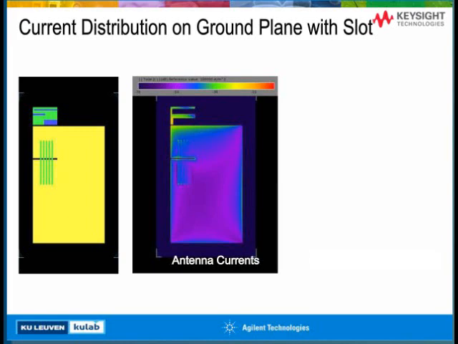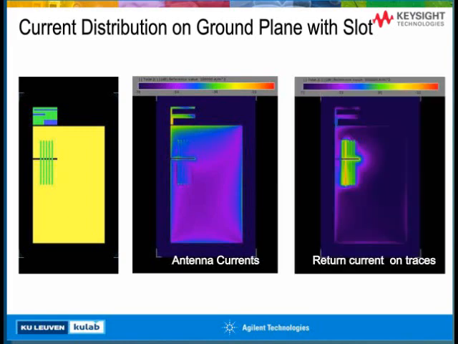But that's not the only thing. The second thing that happens is that the return currents of the interconnects also change, and that they are also pushed much more inwards to the ground plane and spread more over the ground plane. So again, what we do here in the picture on the right is only excite one of the 5 traces, but what we see is now, because of the slot, the return current is not only under that trace, but is actually underneath all the traces and even further than that. So we get a higher overlap between the antenna currents and the return currents of the traces.